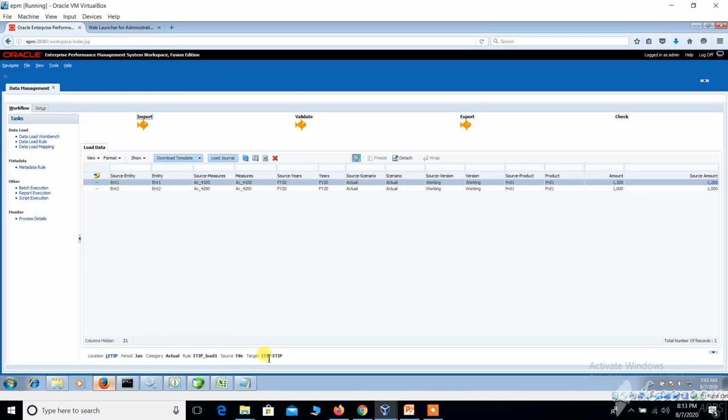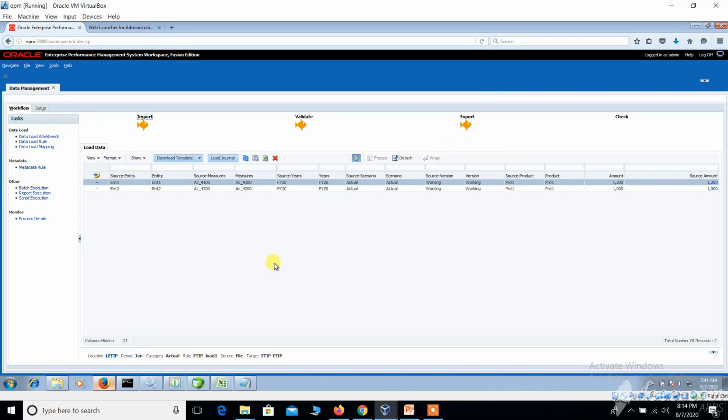If any one of the steps has failed, we get some grayed out. So the import format has completed, so that's why it's showing as orange, and validate completed successfully, that's why it is showing as orange color, and export has also completed. So this is the data, it has been exported into the ETP application.